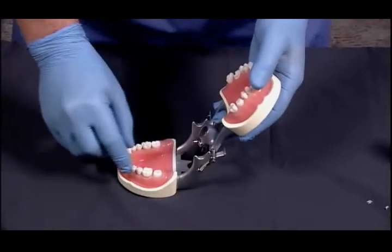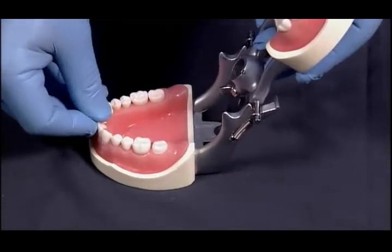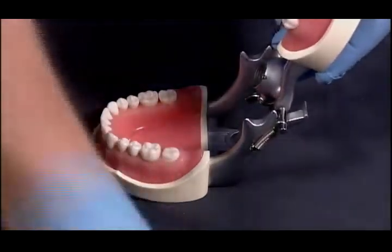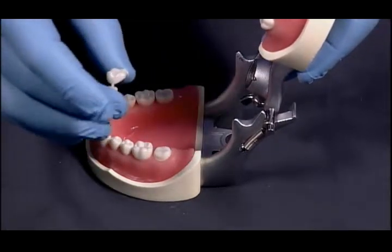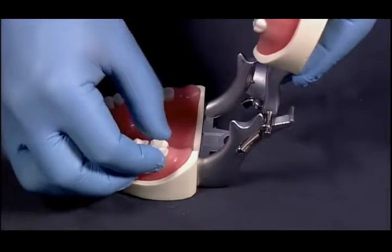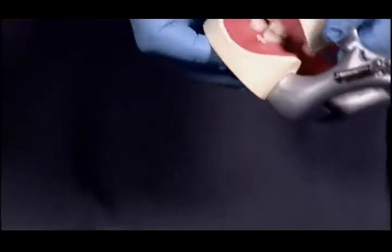In this particular case, we're going to be utilizing a temporary crown on tooth number 18. So you'd go to your direct crown tooth chart and you would choose the appropriate tooth that fits this particular prepared tooth. In this case, it is coming from the tooth chart, it's tooth number 13. You would take it, go to the mouth, try it in, have the patient close down,